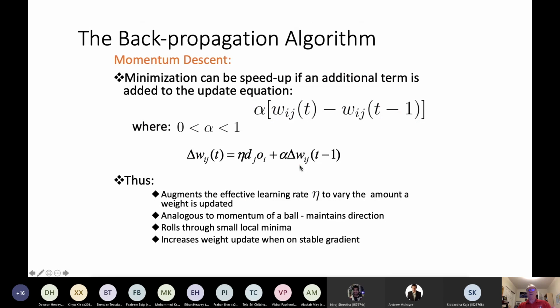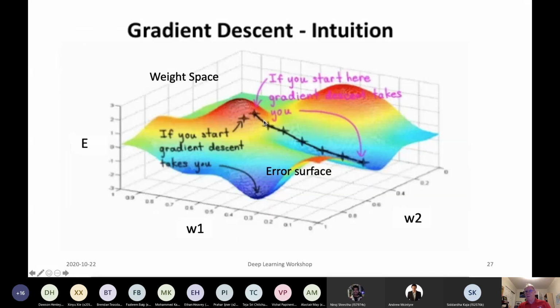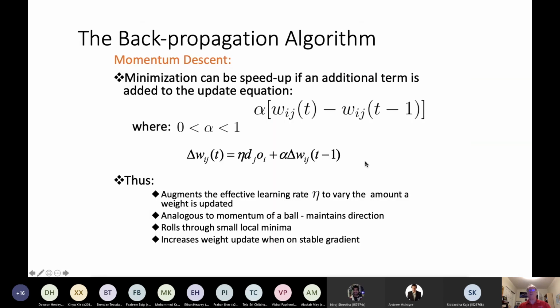One of the simpler add-ons is to add a momentum term, which allows you to move more directly down the ski hill, if you like, right to the bottom rather than swishing back and forth on the sides. So it gets you to the result more quickly. And that's done really easily. All you do is add a little bit of what you added last time to the weight. So you make your change, but you add on a little bit of what you added last time. That's the idea of momentum.